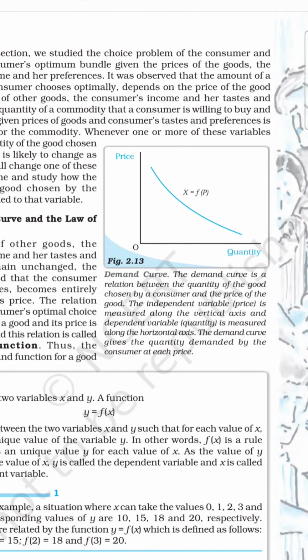Now next what you have to study is demand curve. This is demand curve. Demand curve is the graphical representation of product according to the prevailing market price. And so demand curve is the graphical representation of the prevailing market price of the product and at what quantity the consumer is ready to buy that. Okay, now next what we are going to study is